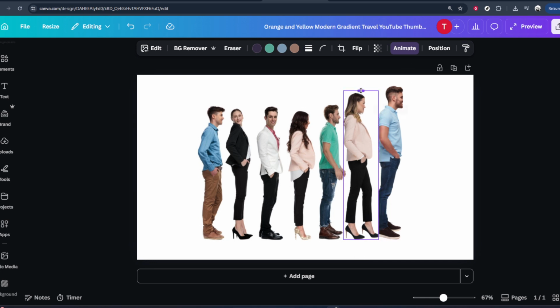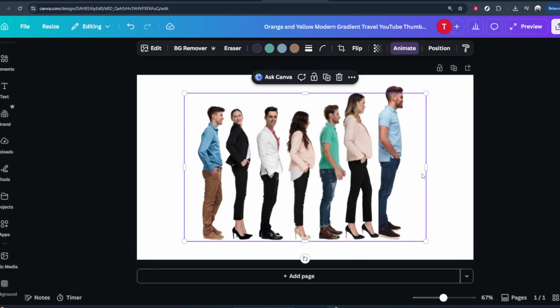By using Magic Grab and a simple upward drag, you can subtly increase someone's height in a Canva photo while keeping the rest of the image looking clean and